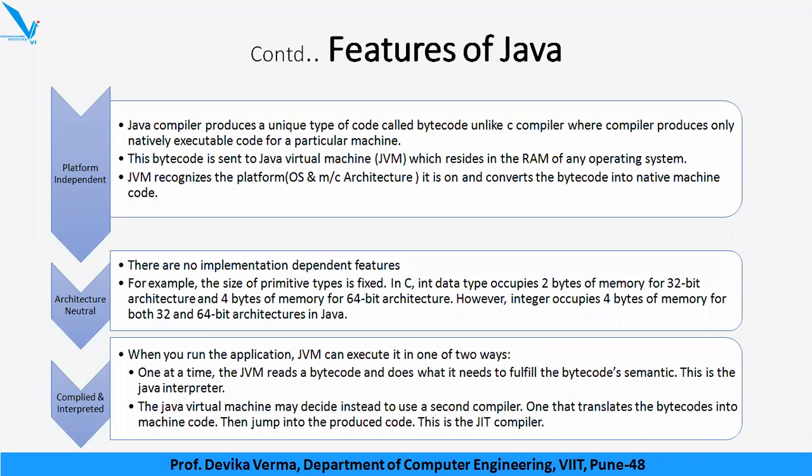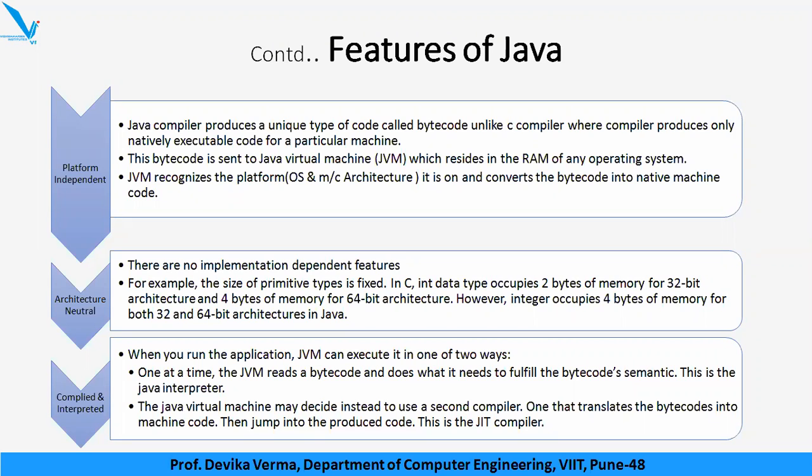But why Java is called platform independent is because the Java compiler converts a program which is written in a high level language, which is the Java language, into code which is called bytecode. Then this bytecode can be run on any system, on any architecture, be it Linux or Windows or Mac, anything. So the bytecode generated by the compiler is not platform dependent.